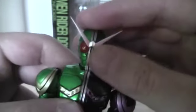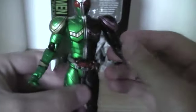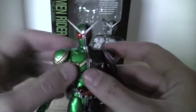But other than that, the face is done outstanding. The perfect lines around here. The textures on Cyclone's face are done extremely well. He's just really, really well detailed. Now, complaints-wise with this guy, I actually have quite a few complaints, more than I thought I was going to